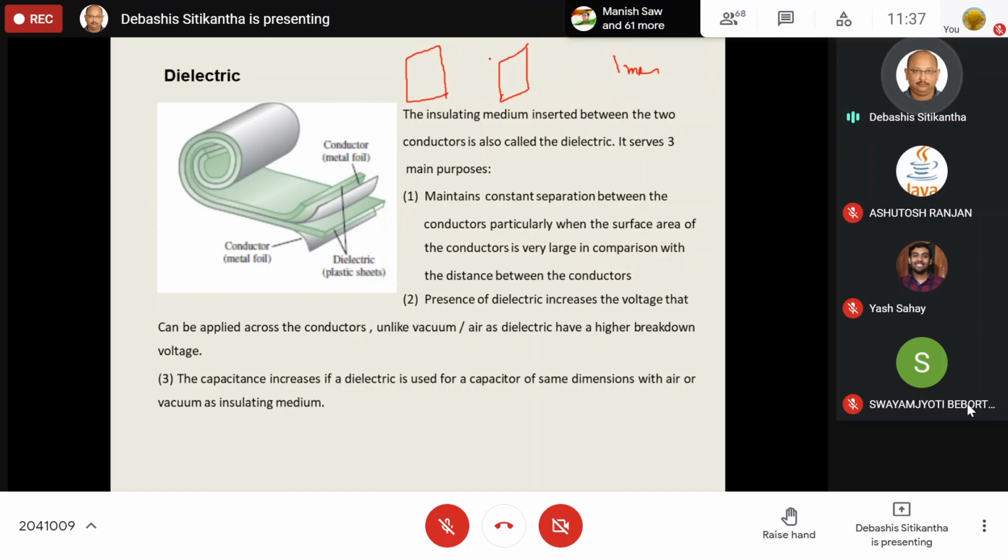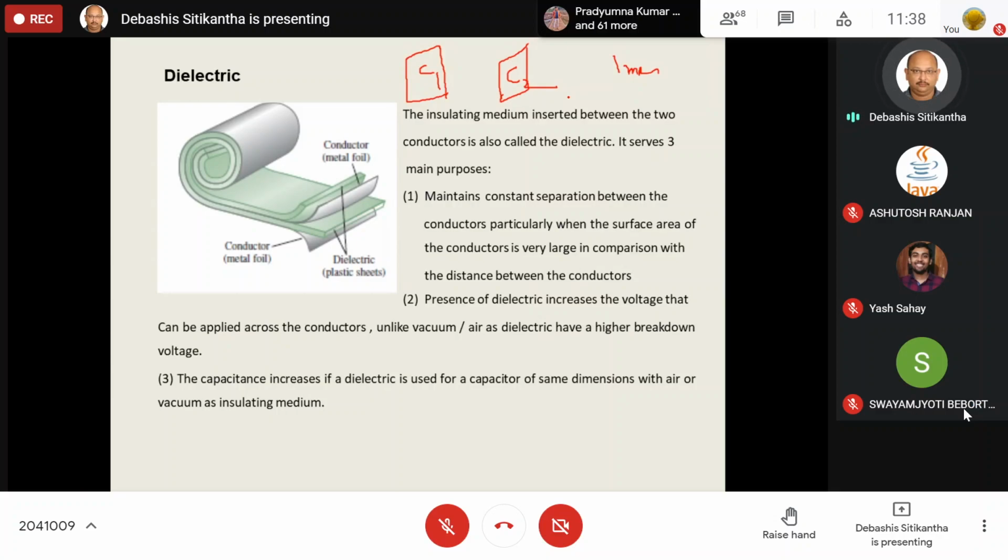I will use a dielectric medium which is going to have a thickness of 1 mm. So I will simply put this dielectric medium of 1 mm in between this conductor C1 and this conductor C2, and both of them are going to form a capacitor. So this dielectric material is going to maintain a constant separation of 1 mm throughout the entire surface area. So this is one of the most important utilities of dielectric medium.